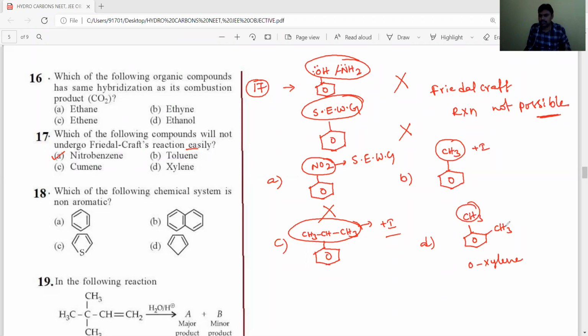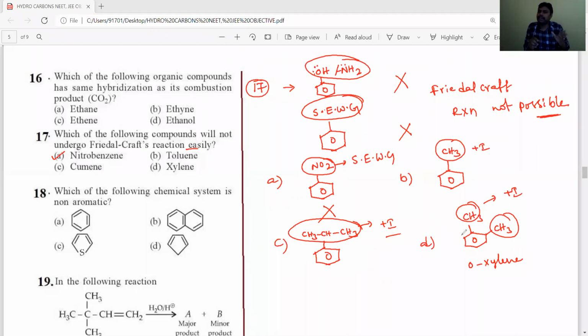These CH3 groups also act as ortho and para directing groups; they are plus I groups. So it also involves Friedel-Crafts reactions. Which compound does not involve Friedel-Crafts reactions means exceptions we have to remember. One is the benzene ring having OH, phenol, and aniline derivatives. Phenol and aniline do not involve Friedel-Crafts reactions.